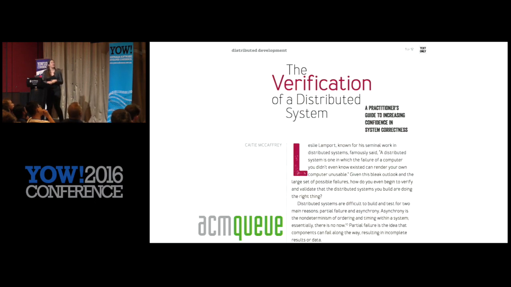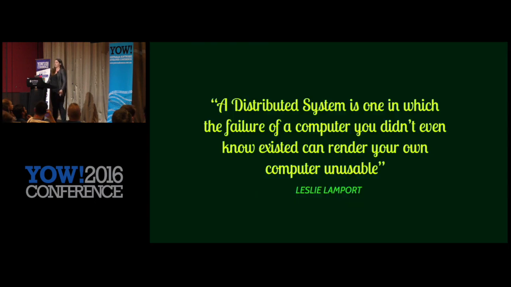So I wrote this article that was published in ACM Queue at the end of last year and was also published in the Communications of the ACM in February of this year, and it's called The Verification of a Distributed System. This is the talk format of that article with a lot more fun stories and maybe a little more ranting, because you have to keep it together when you write for the ACM. If you would like to read it, it's online. But yeah, let's get started.